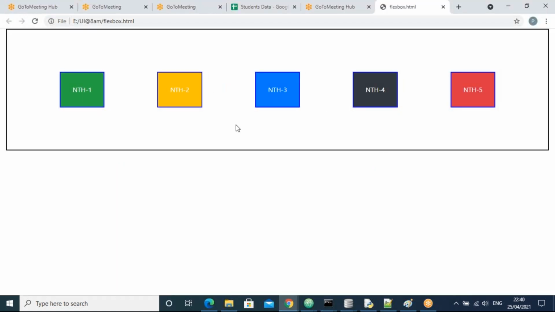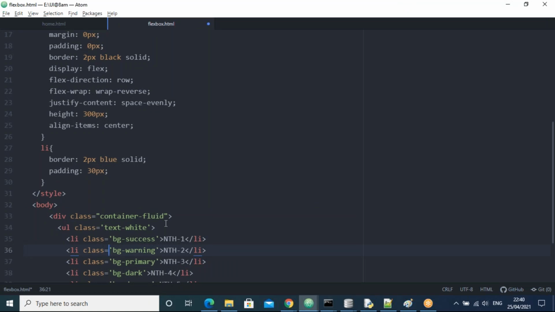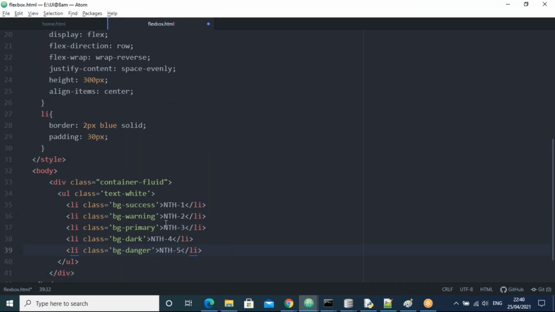So in this case, all are equal parts, right, guys? If you observe here, these all are equal parts. That means I'll take a separate class for every item, for every box.